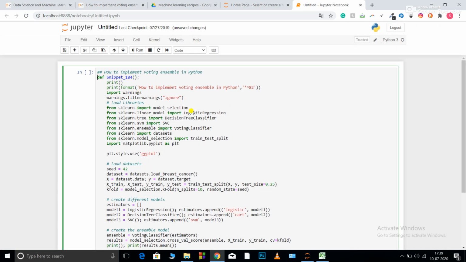So first of all, what is a voting ensemble? Random forest and XGBoost are all ensemble types of models. Some are bagging, some are boosting. So ensembling basically means combining different results. In a decision tree or random forest, it combines different values from the different results of different iterations while training, whereas a voting ensemble combines different models.